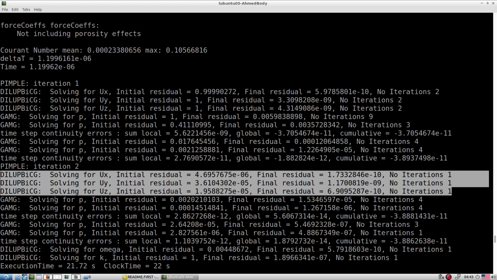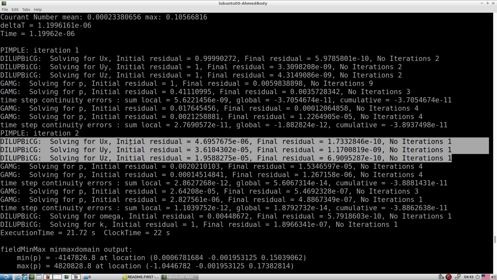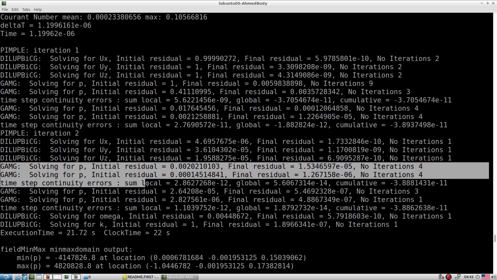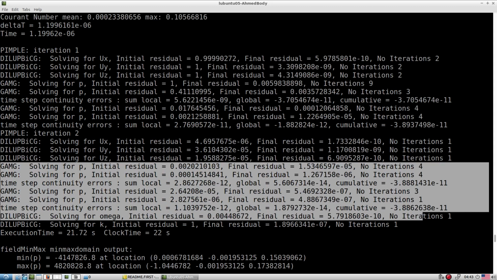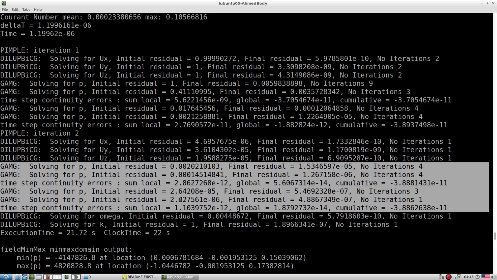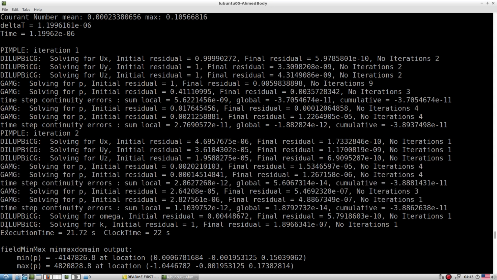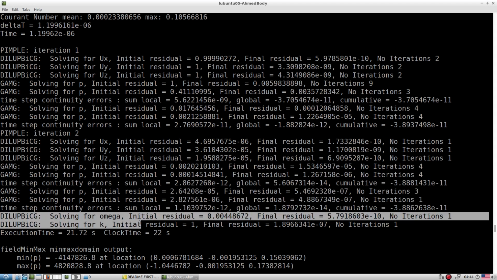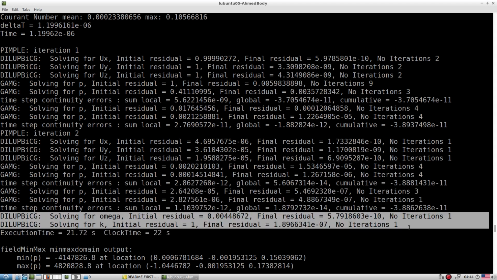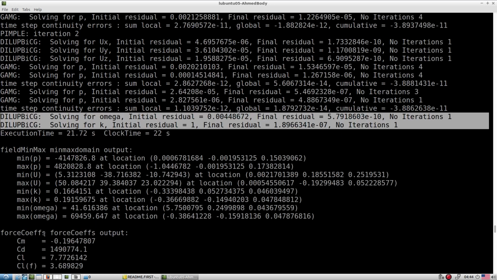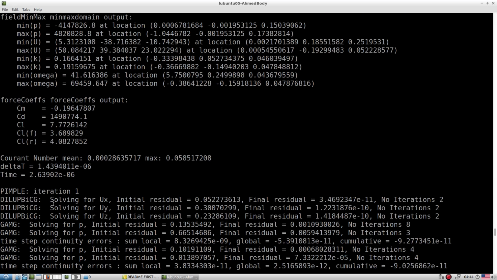Another time we go towards the calculation of the pseudo or intermediate velocity, and then again we go towards the pressure equation solution and finish the pressure equation. Then we go towards the calculation of the k and omega equations after the final corrections in the pressure and velocity, and then we go towards the next calculations. Like that, one can check the entire simulation.